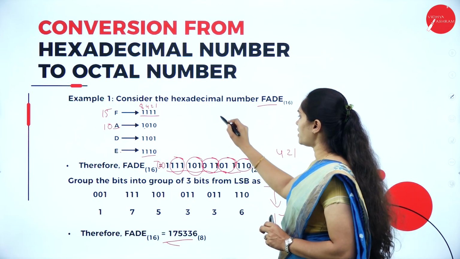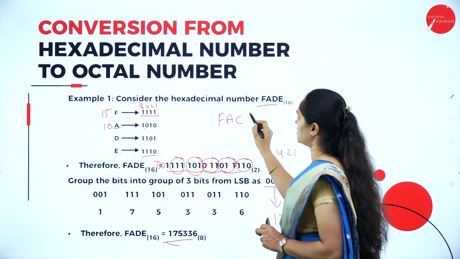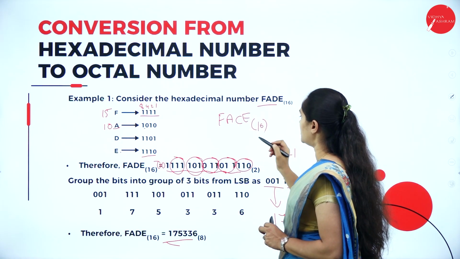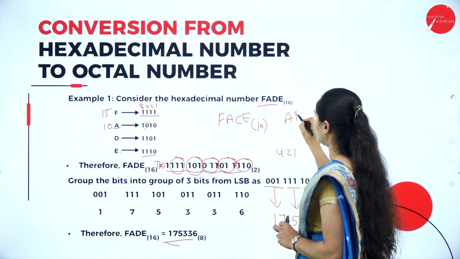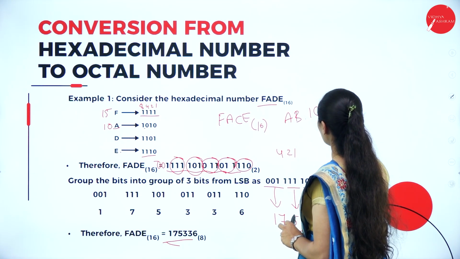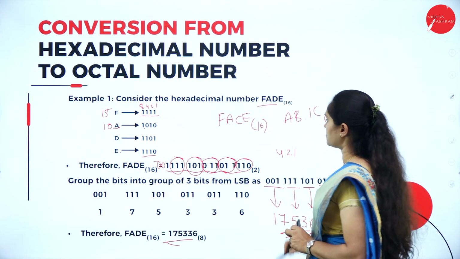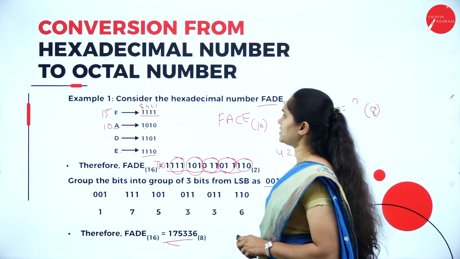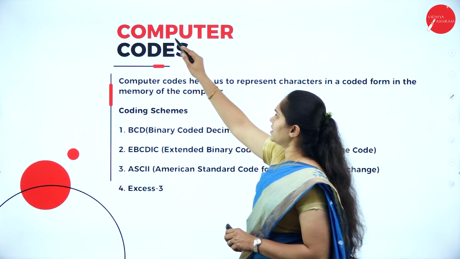Okay. So you try with this one, and try with one more number, AB.1C. Try to convert this into octal. Okay. Let me move to the next type. That's all regarding this topic. Computer